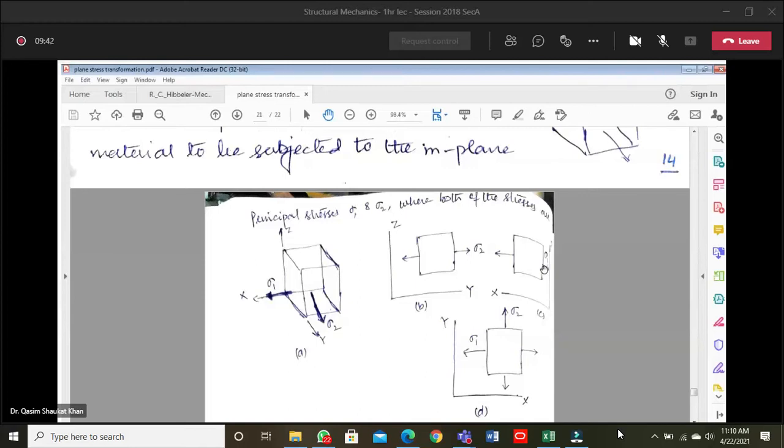Are these four figures clear? If you have any query about figures, please ask me now. If this is clear,